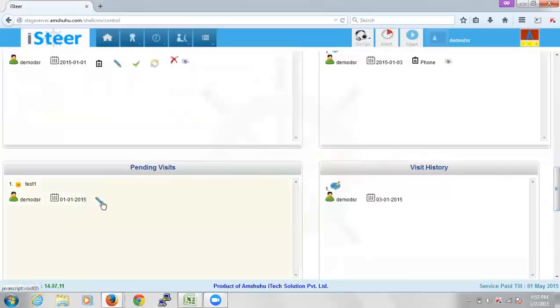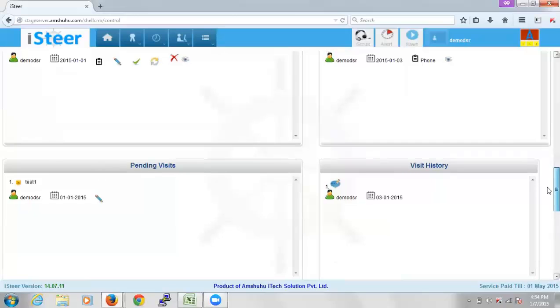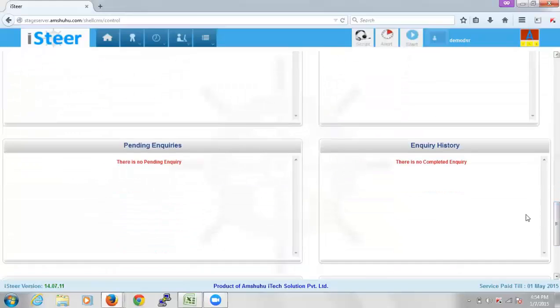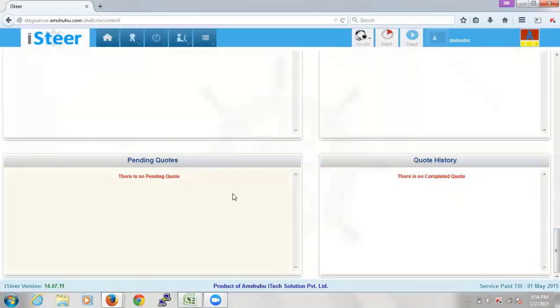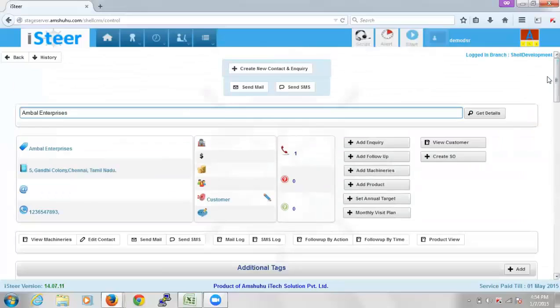So this would include the visits that are pending for the customer, and once the visits are completed, they would move into your visit history tab. This is like pending enquiries for the customer, and once you've created a quote for a pending enquiry, it would move into the enquiry history. Similarly, we also have pending quotes and quote history. So basically, all the information is given in a single page for that particular customer.